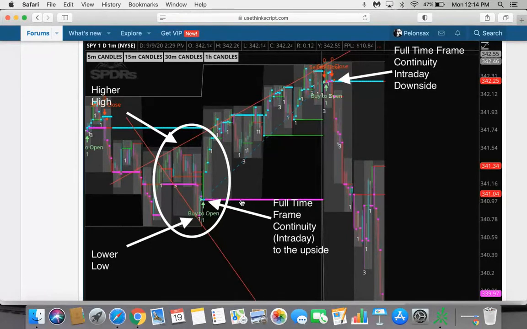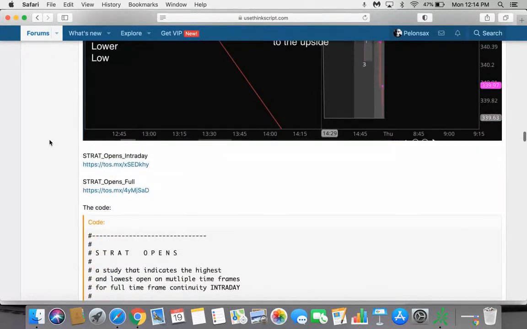And the lowest open is always going to be the magenta line. So you have full time frame continuity when we break above the highest or below the lowest open. In this case, here we go above the highest, and here the opposite happened. We have full time frame continuity to the downside intraday, because this doesn't take into consideration the daily open, the monthly, weekly, or yearly. So, anyways, this study